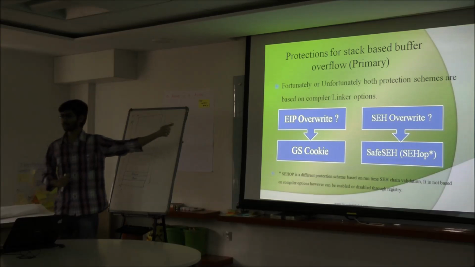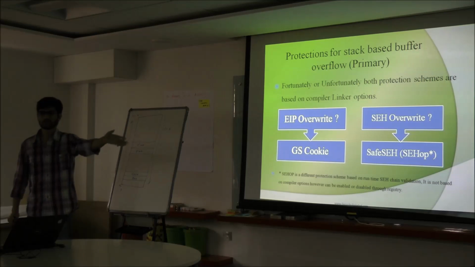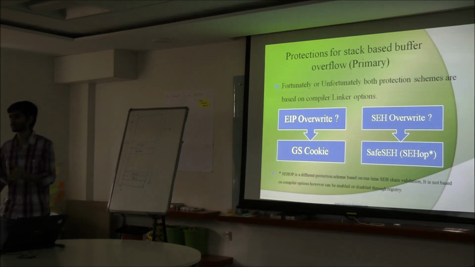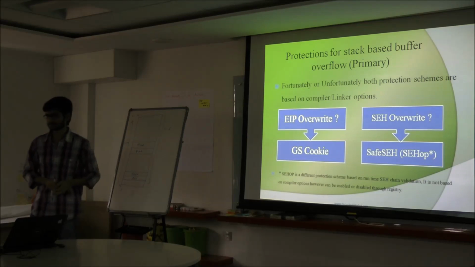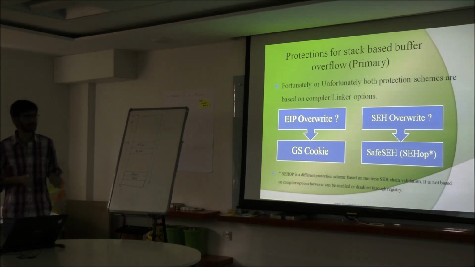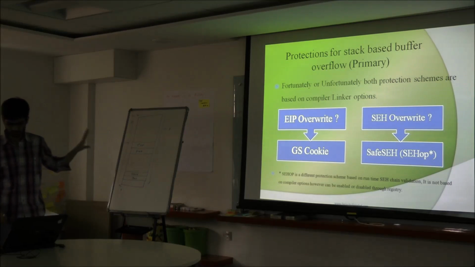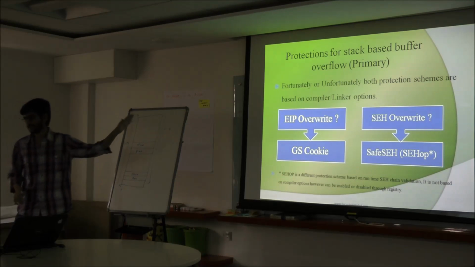And when you do the SEH overwrite, you have two protection mechanisms. One is SafeSEH, which has been around longer, and one is SEHOP, which was introduced in Windows Vista or 7 onward, something like that. The interesting thing about these protections is that they are compiler or linker options. When you write your code, you have to compile with these switches, GS and SafeSEH. If you do not, it doesn't work. This is important because it is a compiler and linker option, so it is the total responsibility of the programmer to know that these things exist.